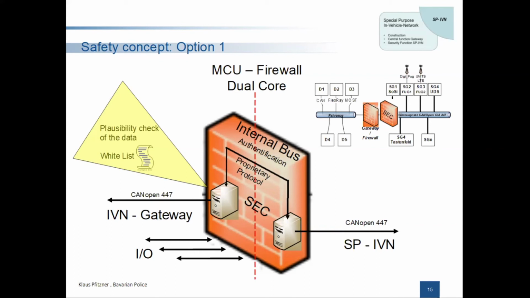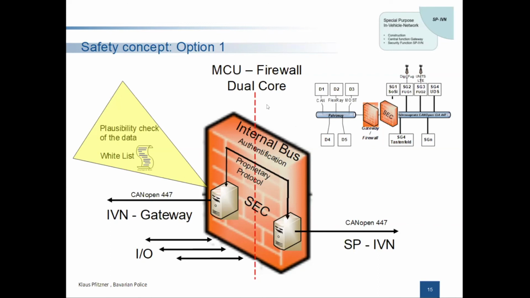Here, an integration of a security hardware component. Olaf, in the presentation before mine, showed us the possibilities for different things. You look there. We cut off the network for the communication about the gateway to the CANopen CiA network. So we must put in a security firewall for different things.